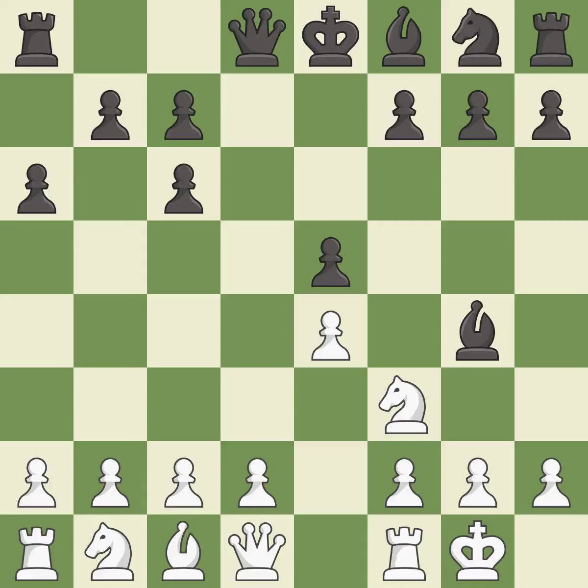Bg4 develops the bishop and pins the knight to the queen. h3 attacks the bishop on g4, forcing black to either capture the knight or retreat the bishop. h5 offers a piece sacrifice, where if white plays 7.hxg4 then after hxg4 the knight on f3 must move and